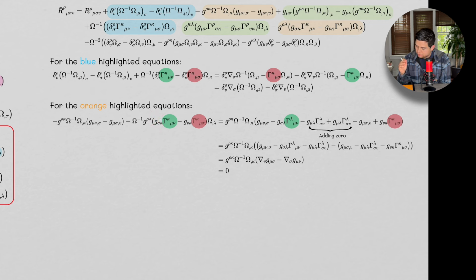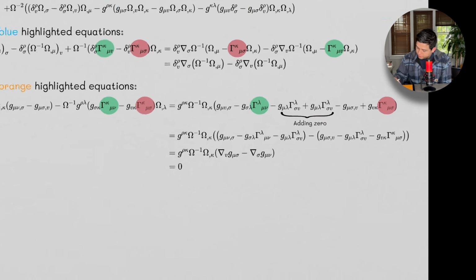And again, I don't want to belabor the point here. There might be points in this video where it might behoove you to pause the video just to absorb as much as you can. Here, these terms, we're adding 0. And then we can get,